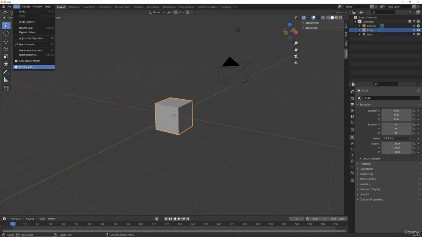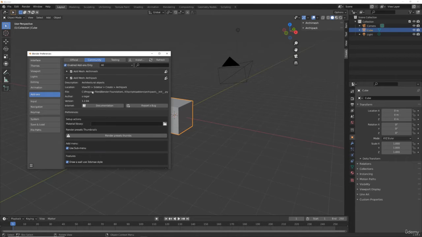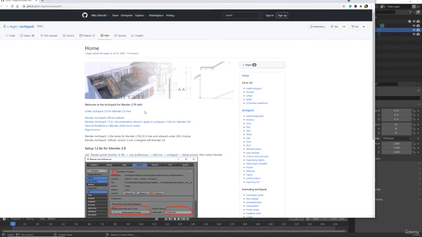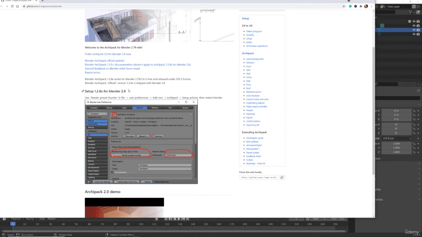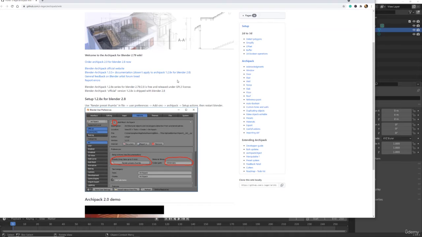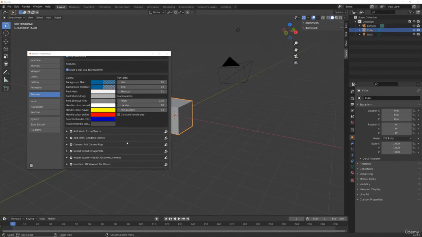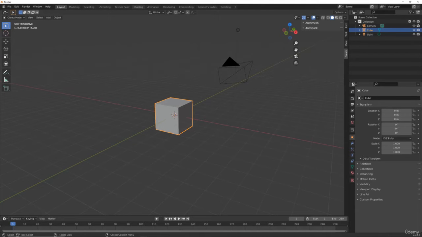But if we go up here to preferences, and we go to add-ons, I'm just going to go with official and hit enable add-ons only. Oh wait, or community. So Archipack, sidebar, go look up the documentation here. This is interesting. So set up for 2.8 and 2.79. So I don't know if they're up to 2.93 now. Yeah, so that's the other thing you got to look at. There's setup actions. I gotta set up a material library and all this other stuff. But when I looked at the documentation, it's not giving me anything for 2.93, sometimes it's not available. It might be, and I just don't know enough because I don't deal with the